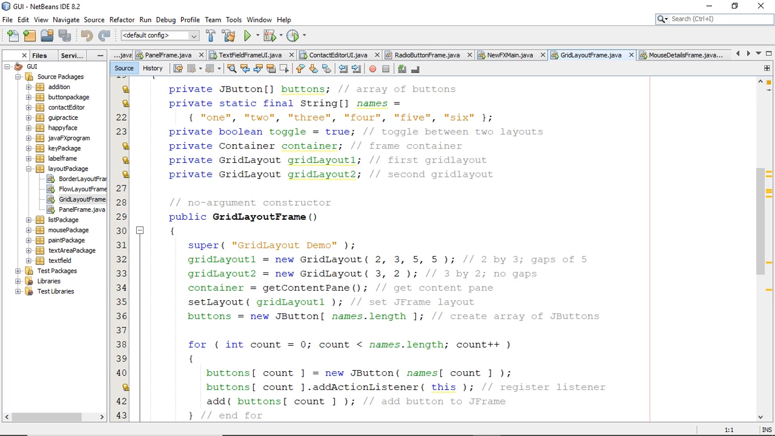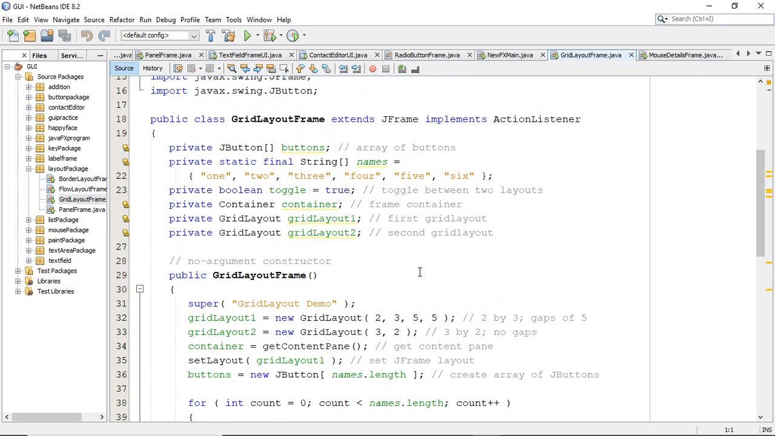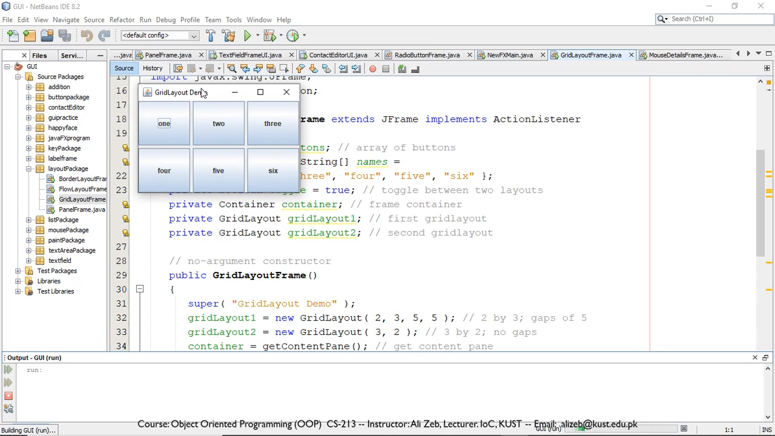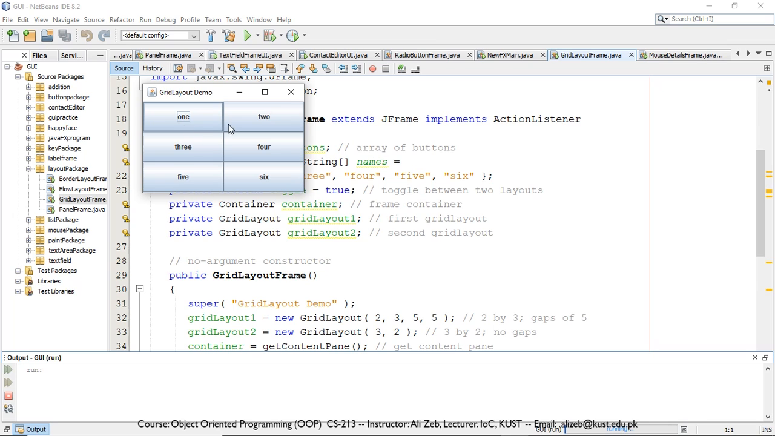Similarly, we can have a grid layout. For example, we have these buttons. If we look at the output of this code first, we have this grid layout demo where we have these buttons in a 3 by 2 matrix form, and when we click this, the grid layout is toggled to a 2 by 3 matrix. So we are basically just demonstrating the grid layout where we can have buttons in the